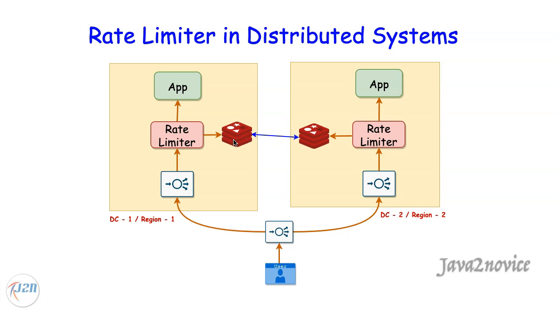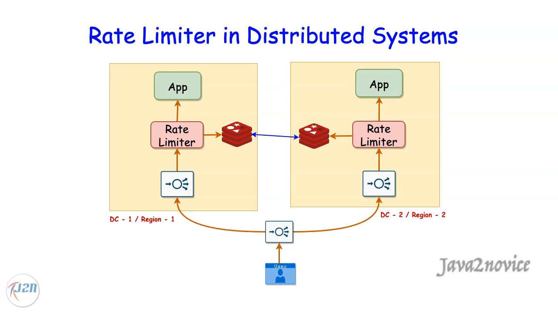How can we account for these replication latencies? Also, what if the same user is making many API calls at the same time, which are load balanced between data centers? Data inconsistencies can mislead rate limiters, isn't it? We can enable sticky sessions on the local load balancers, but it defeats the purpose of load balancing. I never suggest sticky sessions unless it is a mission critical requirement. Is there any solution for these problems?